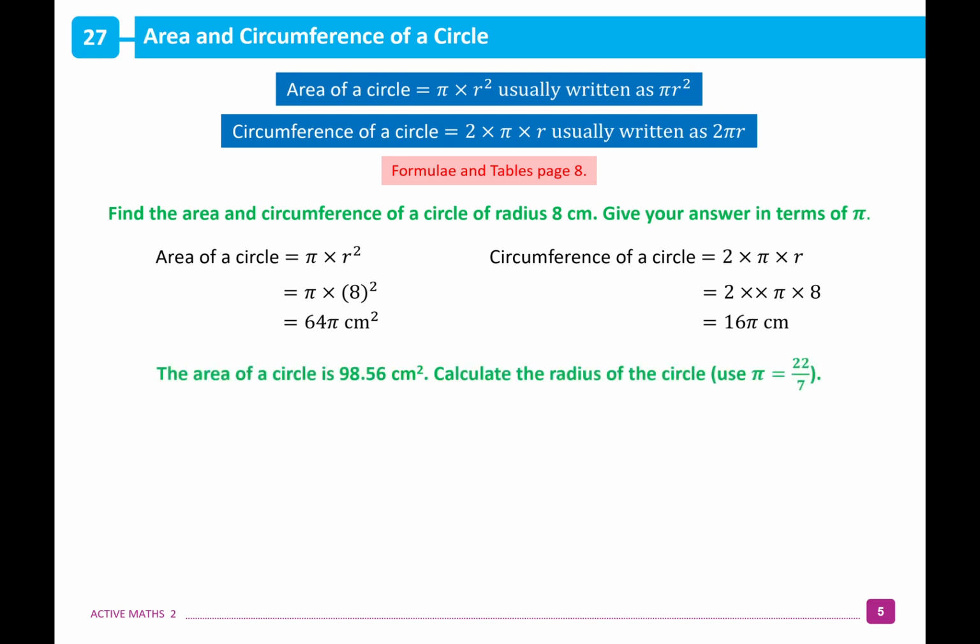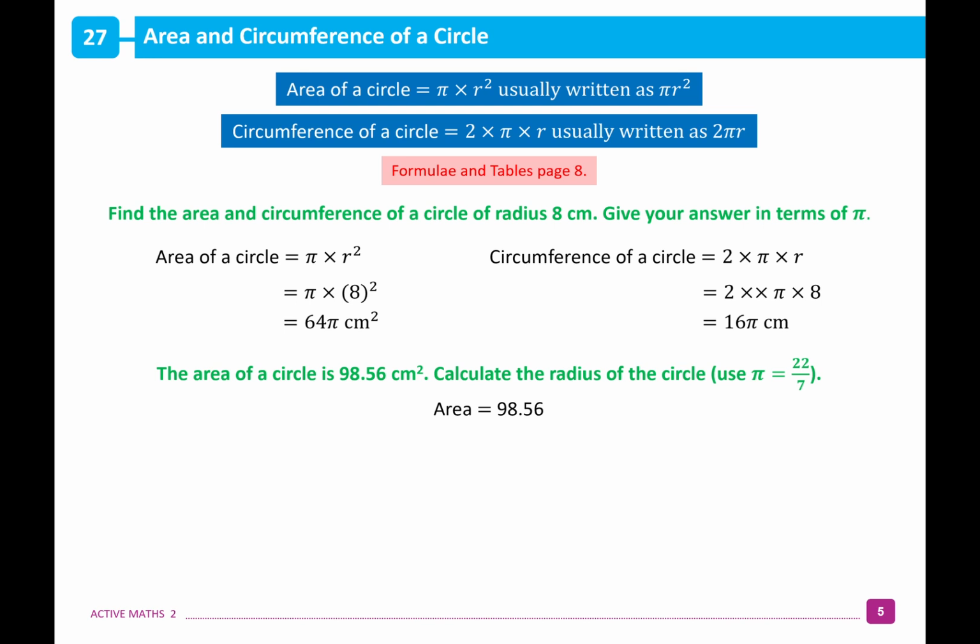Let's look at another question. The area of a circle is 98.56 centimeters squared. In this case, we're asked to calculate the radius, so we want to find an unknown dimension when we are given the area of the circle. The first thing we do here is write down what the area is equal to. Our area is equal to